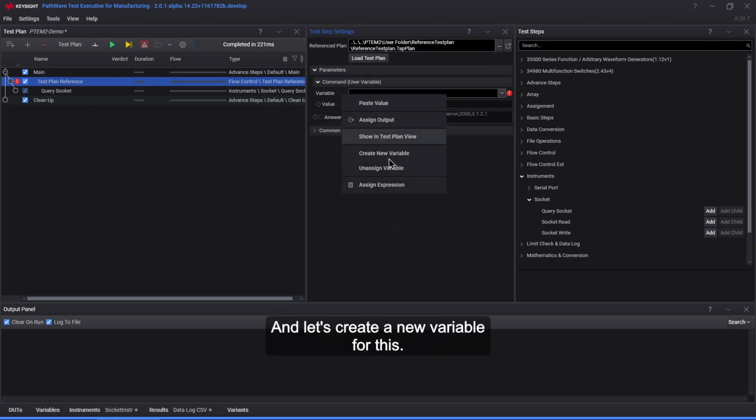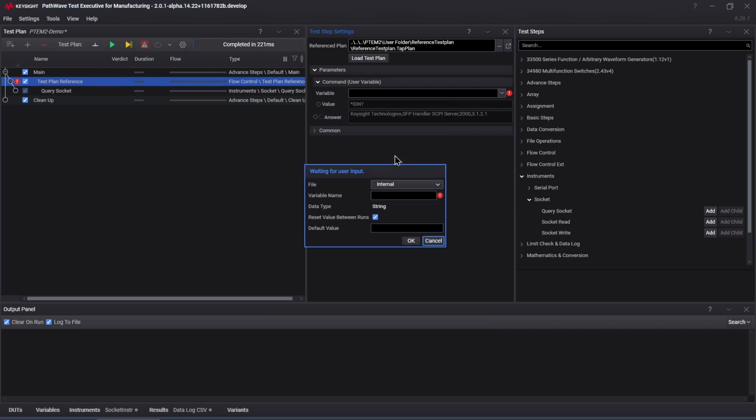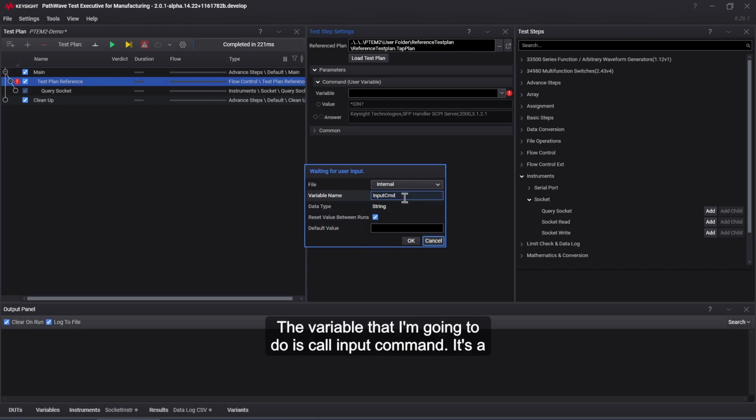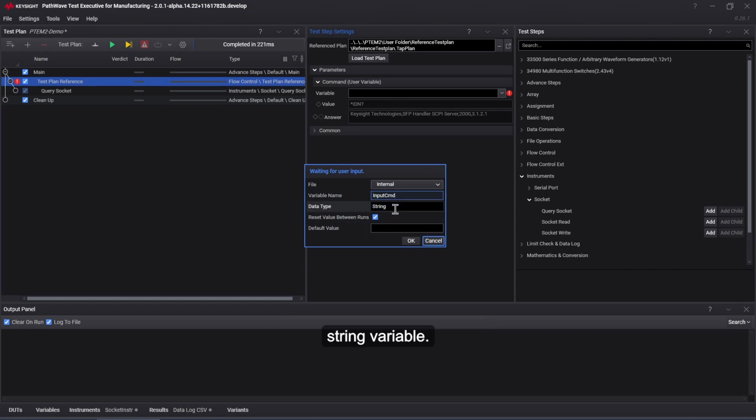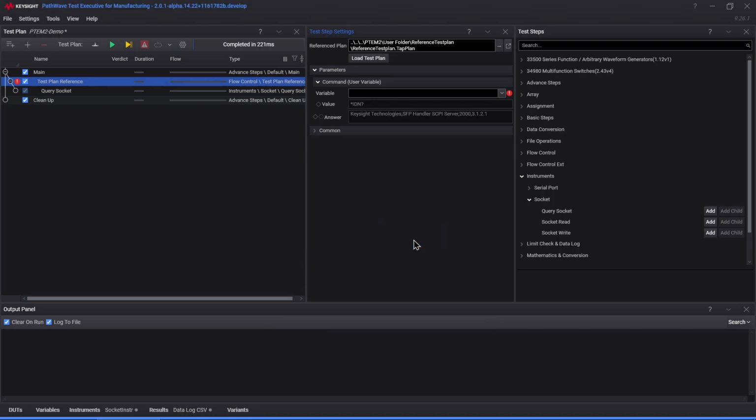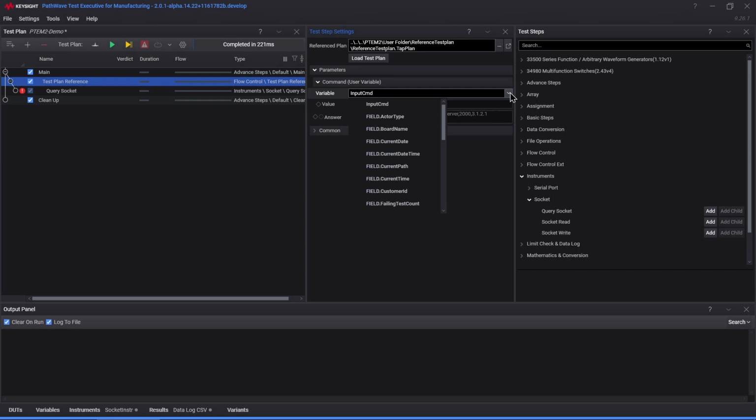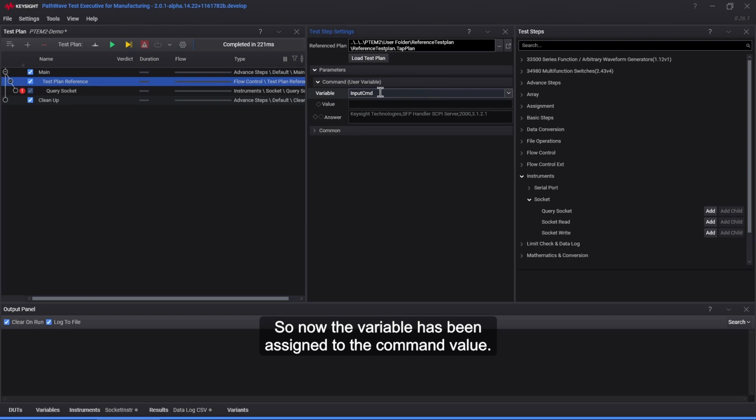And let's create a new variable for this. The variable I'm going to create is called input command. It's a string variable. So now the variable has been assigned to